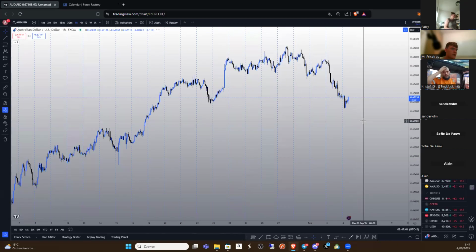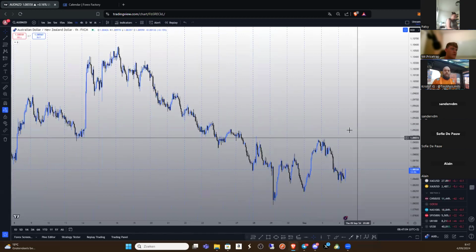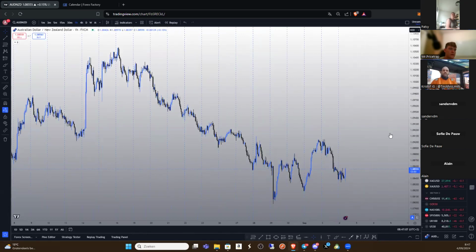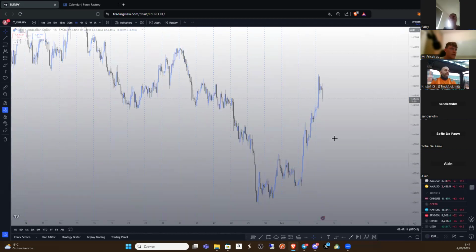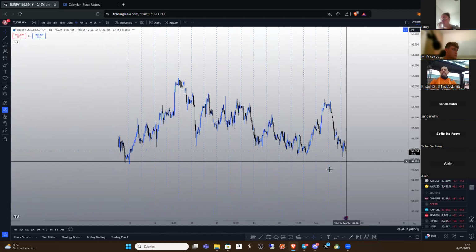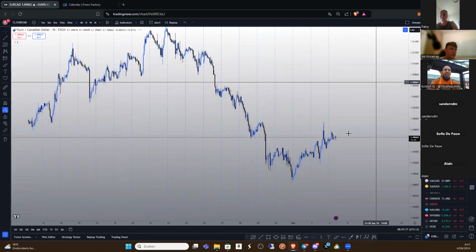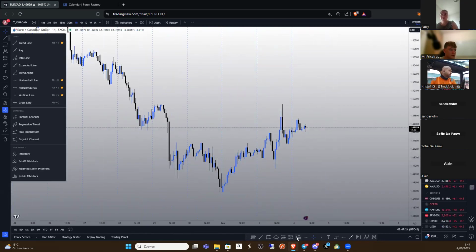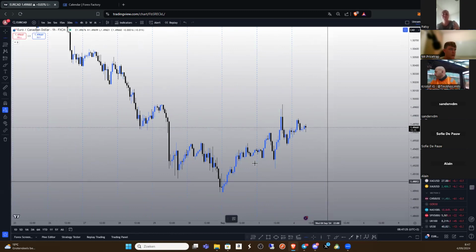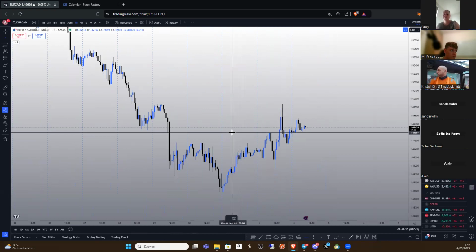Okay, so these pairs don't show a lot of structure here, so we cannot really react on this. Same thing for AUD NZD, Euro AUD, same thing. Not really the most clean charts for today. What we can look for here with Euro Canadian, I was interested in this chart. When you think about Euro NZD, that's the next one I will go over. So just give me a moment.